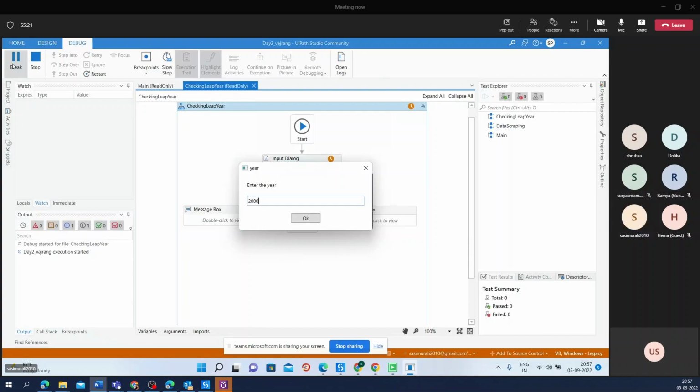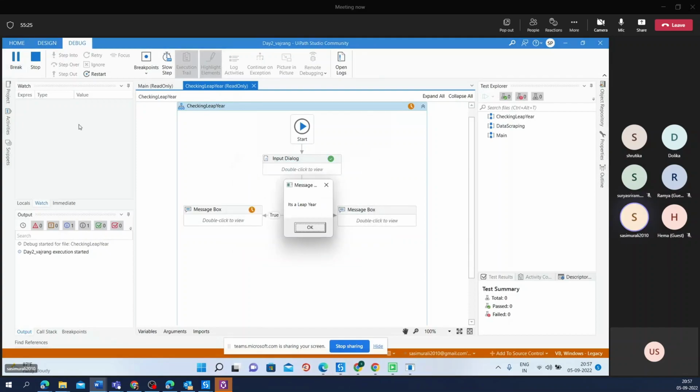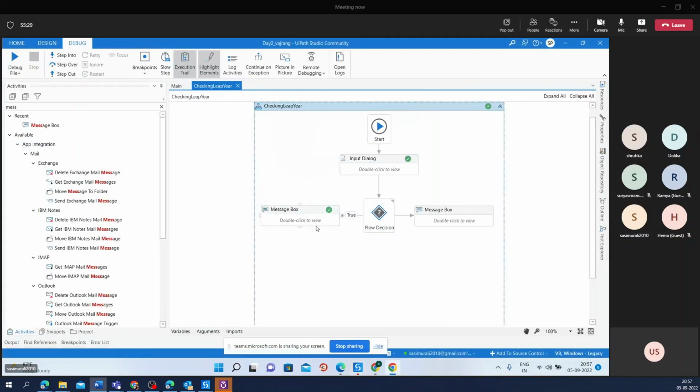Enter the year. It's a leap year. So based on the decision, based on the Boolean condition, it has executed. If it is a true condition, that's why the displayed message was it's a leap year. See, if you observe here,